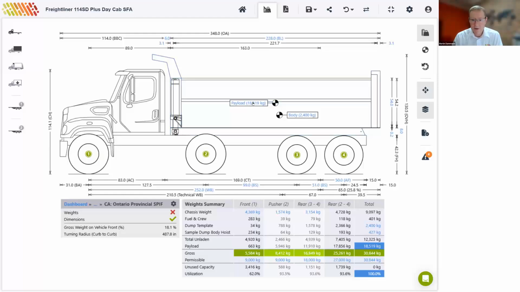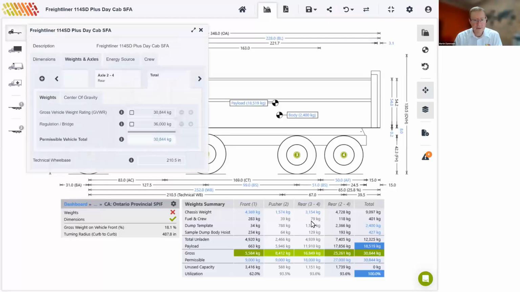We now have a payload of about 18.5 tons. But if we just have a look at our total column here, we'll notice that we are being limited by the total permissible. So if we just drill down on that, you will see that it is actually the gross vehicle weight rating that is limiting our calculation. So remember, I mentioned this earlier on, we may need to spec a vehicle with a higher gross vehicle weight rating. So I will increase that to match the regulation limit, and that would be 36 tons,